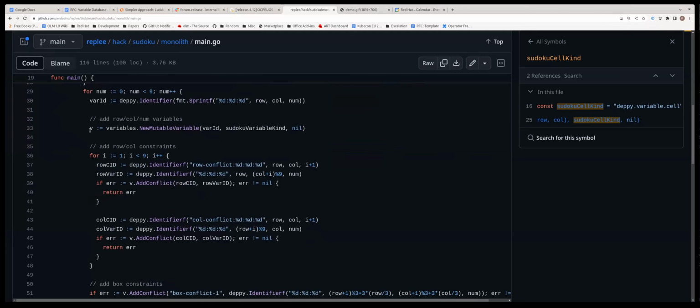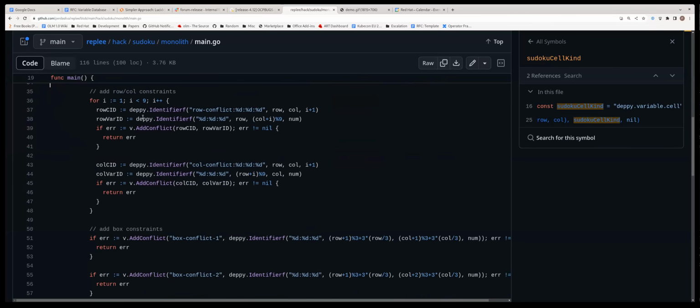So now we create the variables for each of the row column numbers. And then finally, we have to establish the constraints between all of these variables. So in Sudoku, for instance, if you pick 1 for a particular cell, that number cannot exist on any of the cells on the row of that cell, on the column of that cell, and on one of the 9